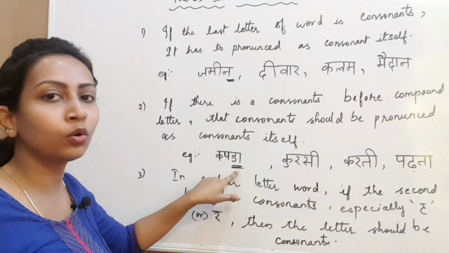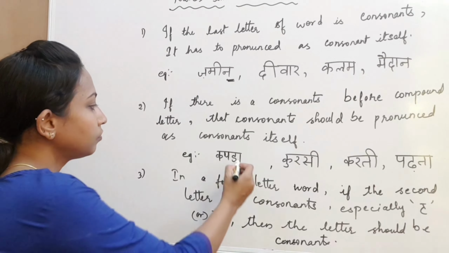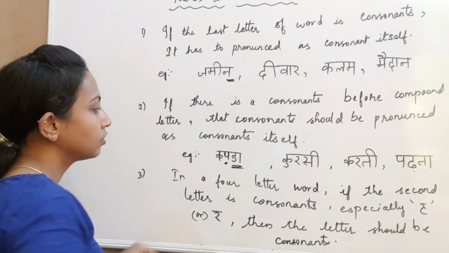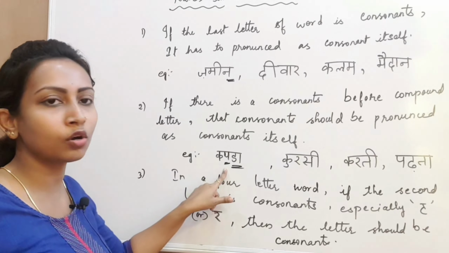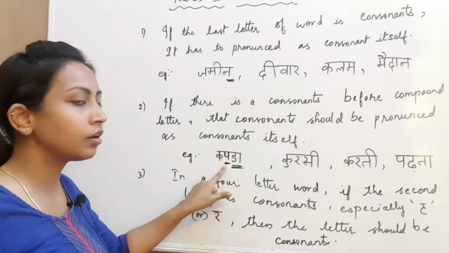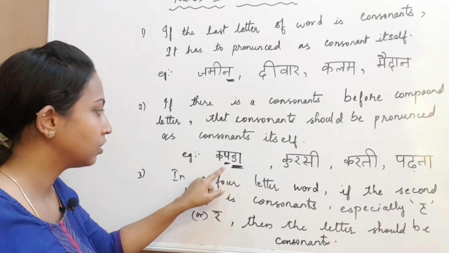So the middle letter is a consonant without a vowel symbol, and the last letter has a vowel symbol. If the letter before does not have a symbol, meaning the center letter, that letter should be pronounced constantly. For example,